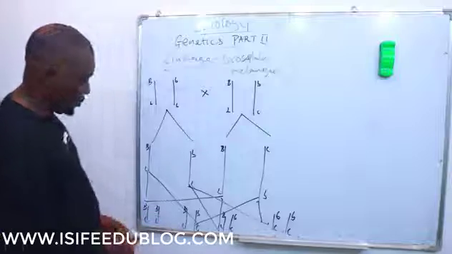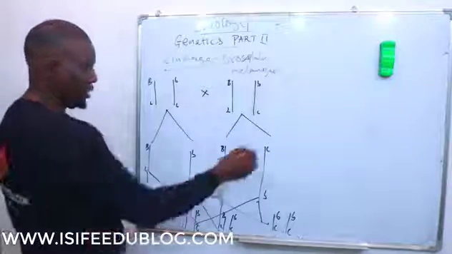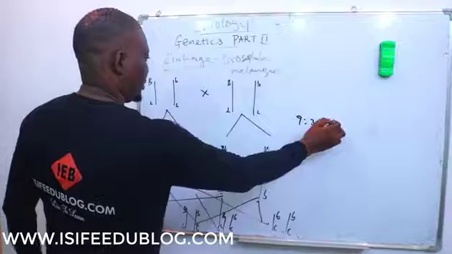So from the outcome you find that instead of obtaining the ratio 9, 3, 3, 1,